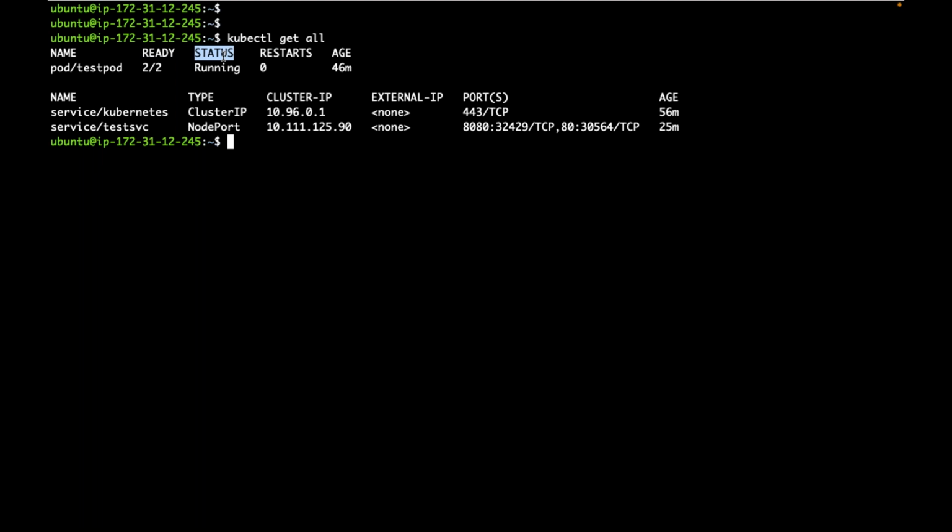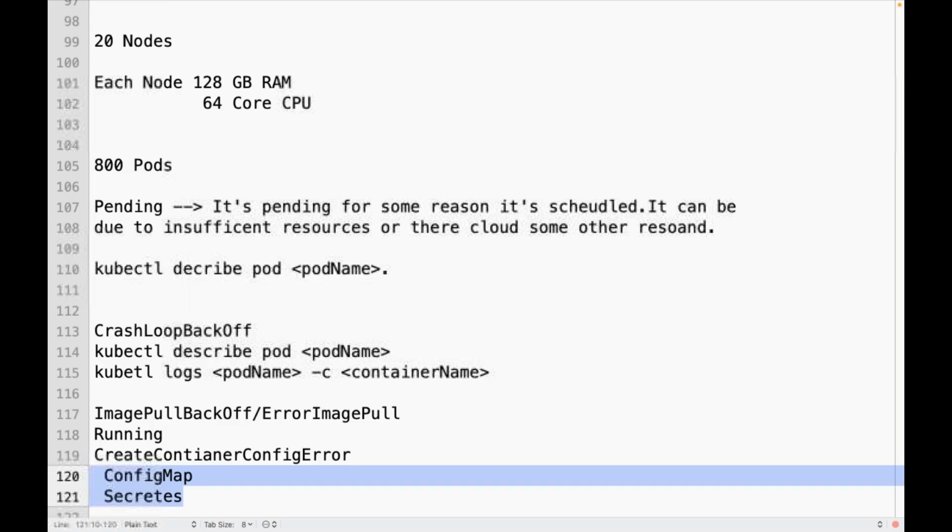Developers will try to deploy their applications as pods, as containers in Kubernetes. If there is something wrong with the cluster, you don't have enough CPU, enough resources available in the cluster, then do you need to troubleshoot and add enough resources to the cluster so that the application gets deployed? Otherwise, if there is an issue with your code, it will be in CrashLoopBackOff. Do you need to troubleshoot and identify the problem and work with the developers to fix that problem if it is an application code issue? Yes. So troubleshooting is very, very important.